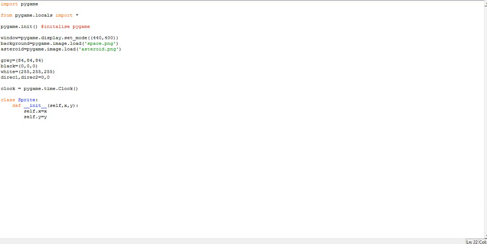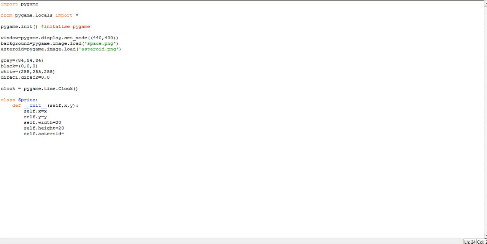And then, since I haven't actually put these in the parentheses, I'm just going to set these to actual values here, just so it's easier. Self.width, self.height, because I might need two different sprites, and I might want to set them to different x and y values, so positioning, but I want them all to have the same width and height. So all the sprites are going to have the same height and width, but not the same x and y values. And the x and y values are just the position that they're in on the Pygame screen. So equals 20. Then I'll have self.asteroid